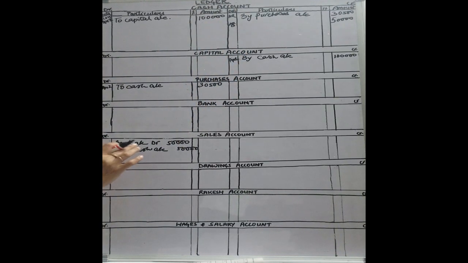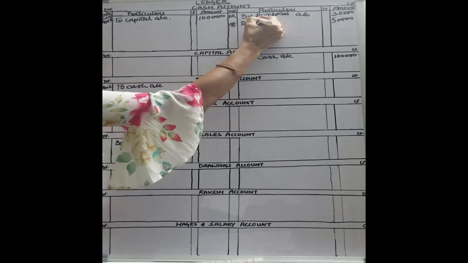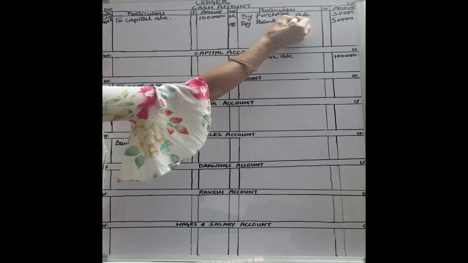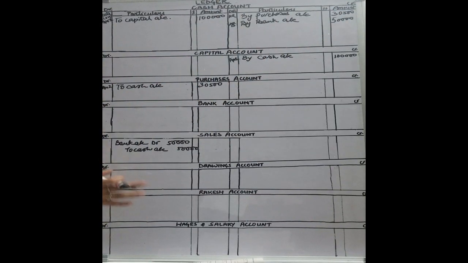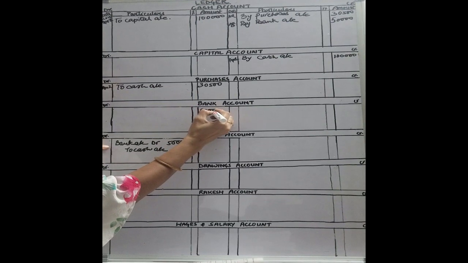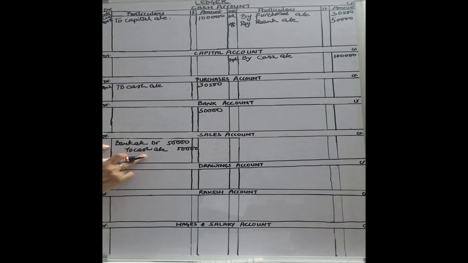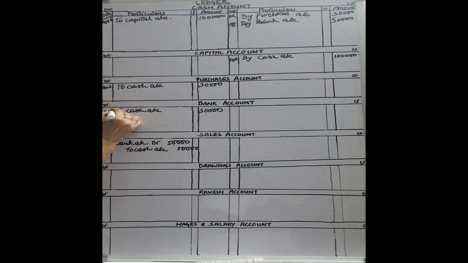Okay. Now the reason behind crediting the cash account is bank account, the other account on the opposite side. So let's just write it like by bank account, okay, with rupees 50,000. Now in the bank account, here the bank account is debited. So we have to debit the bank account with rupees 50,000. And the reason behind debiting the bank account is cash account. So we'll write the reason like to cash account and date is April 13th.